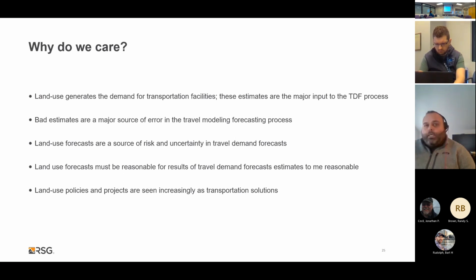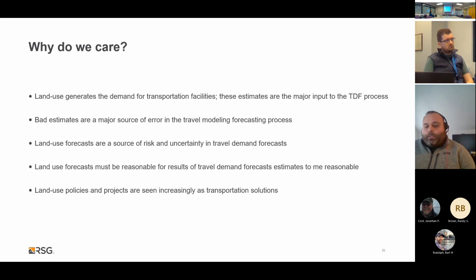the forecast might be at the regional level and has to be allocated into the zones, or it might be at some sort of district level aggregation of zones, or at the tract level. And then at some point we have to sub-allocate into the travel analysis zones. That sub-allocation process is where we can get lots of forecasting errors, because one of the common things that can happen is we don't take into account the land carrying capacity of a travel analysis zone.